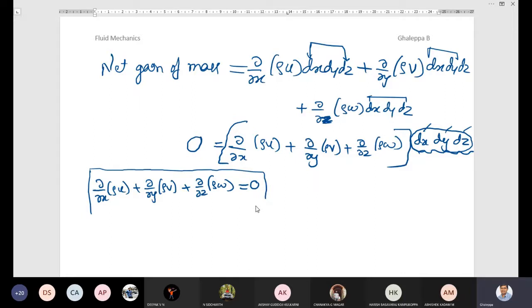Look, all three are there. The x direction is there, y is there, z is there, and the x velocity u is there, v you can see in the equation, w you can see in the equation. So what is the continuity equation we have written? Q is equal to, or m is equal to, rho A V. You have written three. Is rho there in this equation? Yes, rho you can see in this equation.